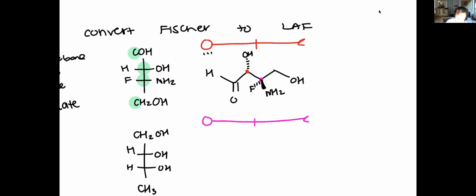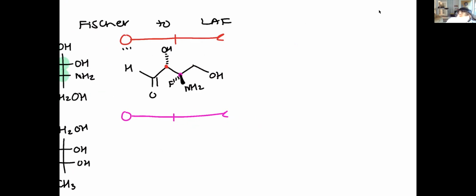And then fluorine is on a dash. So if I'm looking up, if it's on my left, it's a dash. If it's on my right, it's a wedge. If I'm looking down, if it's on my right, it's a dash, left, a wedge. Now, don't always use that, because if your higher priority group is on this side,